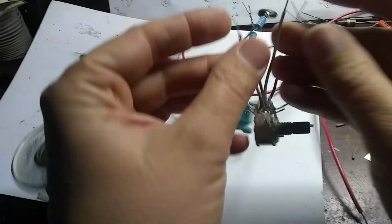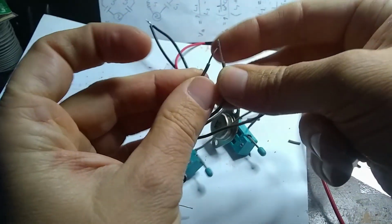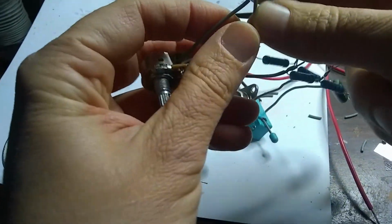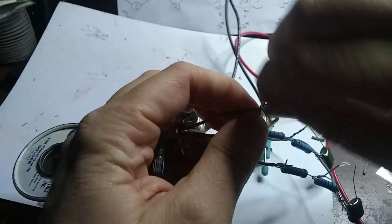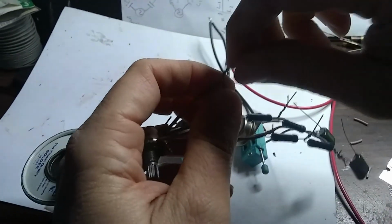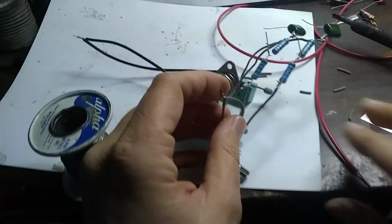Okay, so here is our potentiometer. I'm just going to twist these two wires together. I guess it would have been better if I had made them the same length, right? Hindsight's 20/20. Anyway,